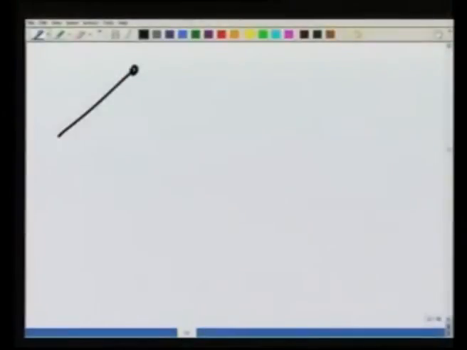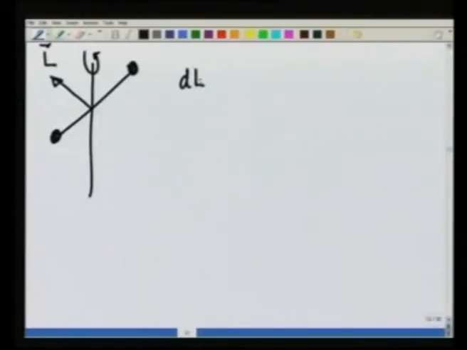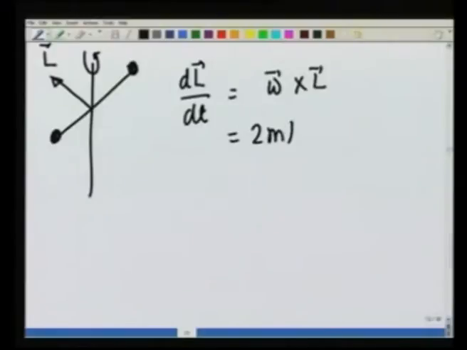So, what we got in this rod, if it is rotating like this, this is L and therefore dL/dt, which was omega cross L, came out to be 2mL² omega² sine theta cosine theta k. On the other hand, if I calculate it using